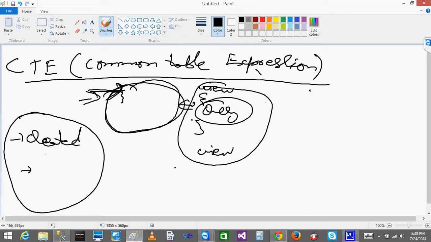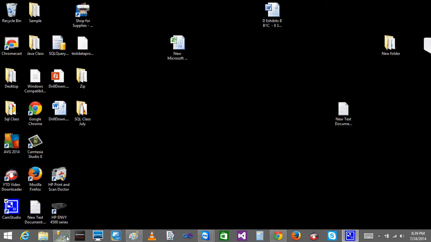I can't use the CTE in any other way. Only immediately after creation of the CTE can I use it. After that, in the next query, you can't. In the CTE we are going to go in depth. A CTE is not stored physically. Once we see it, you will understand. I will give the basic definition of the CTE.